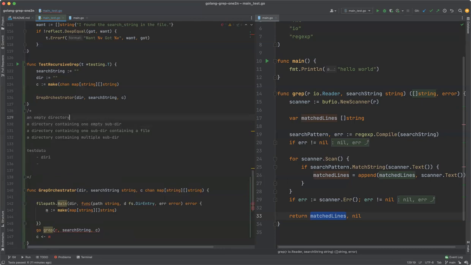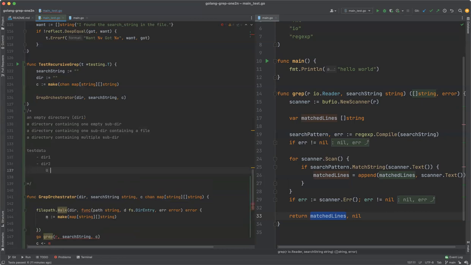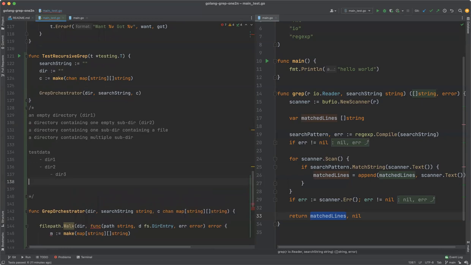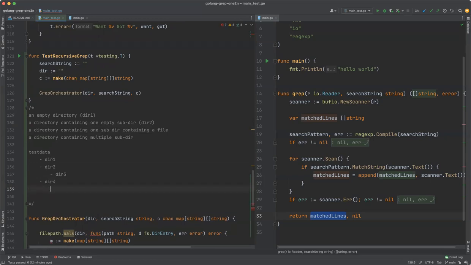Then I'm going to create, let's say, dir2, which contains dir3. So a directory containing one empty subdirectory is dir2, right? And a directory containing one subdirectory containing a file, this could be dir4 that we create, which contains